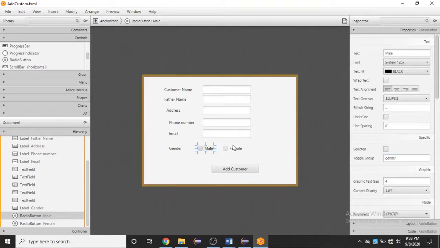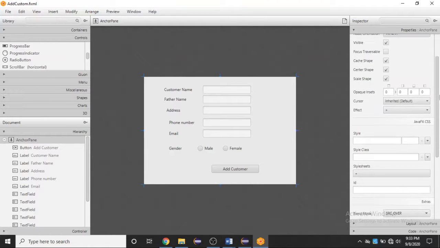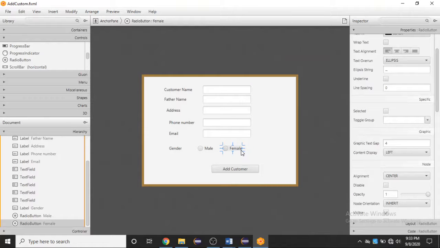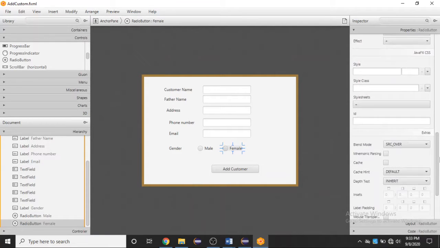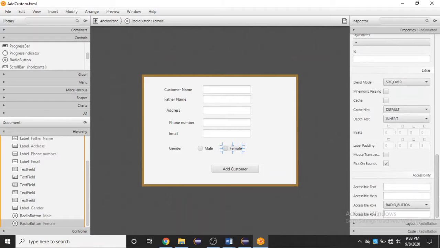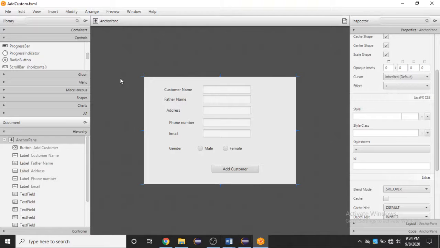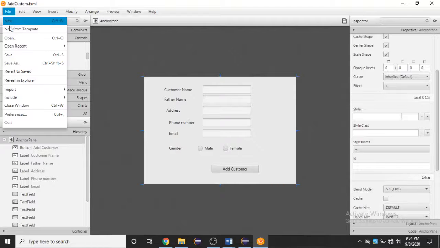Then clicking on female I will also go to properties, and I will have this toggle group option. Then I will type gender, same as what I have written for the male toggle group. Now I am just saving this file.